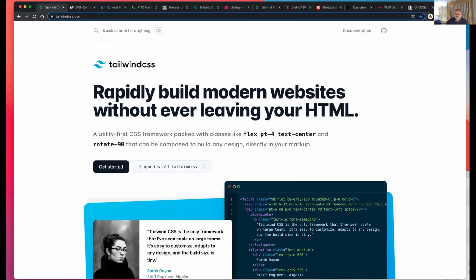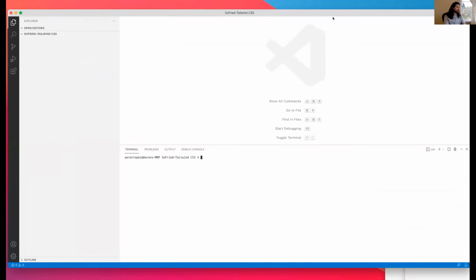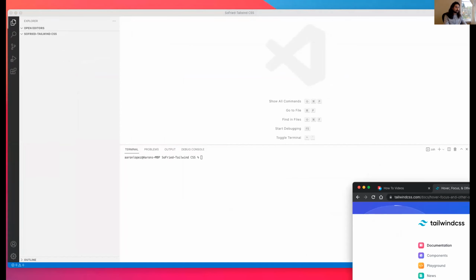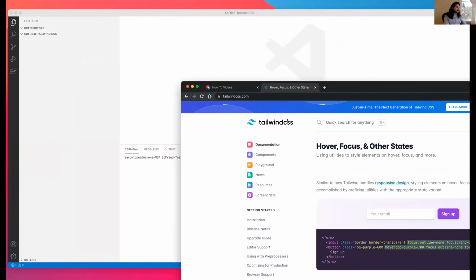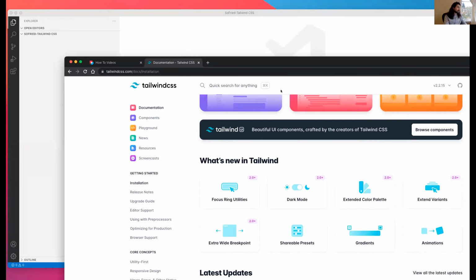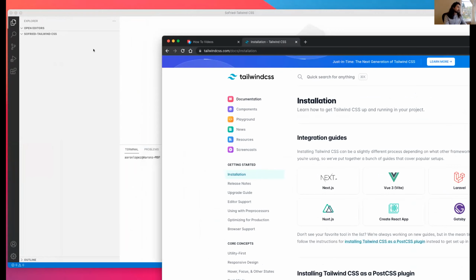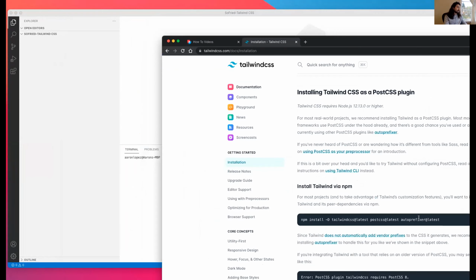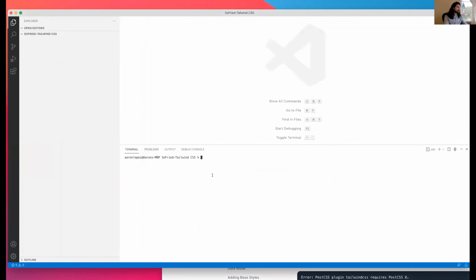Okay, so I thought I would jump into building some code and showing you how this works. Do you see my VS Code? So let's go to the documentation really quickly. I'm going to jump through things very quickly. I hope that's okay because I know I don't have a lot of time. I've got a folder on my desktop and I'm just going to install Tailwind. It just takes a second and it's done.